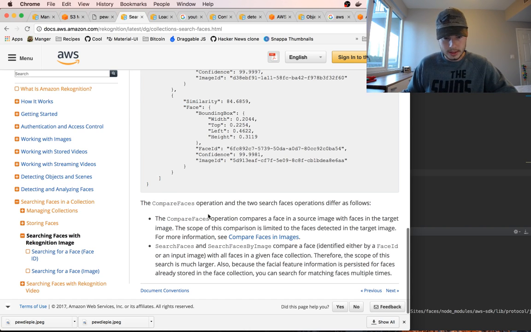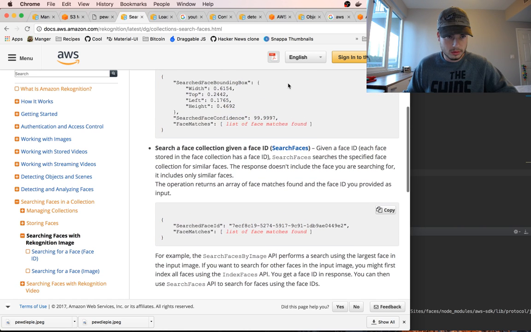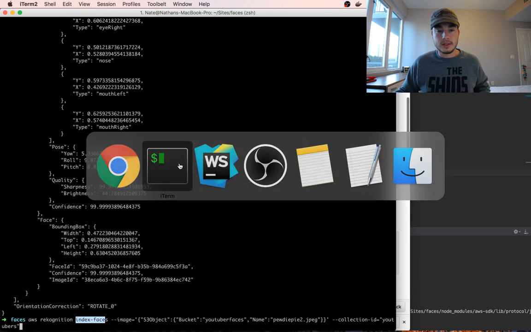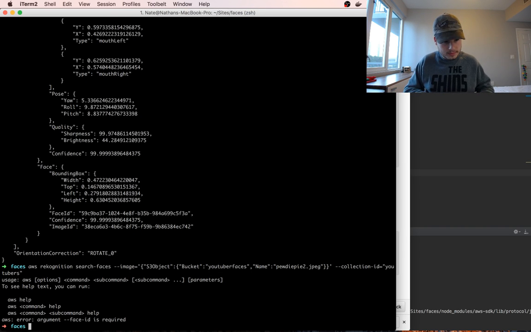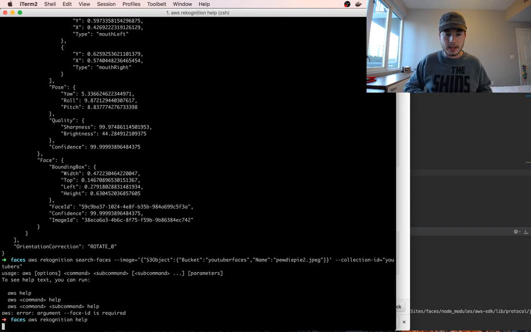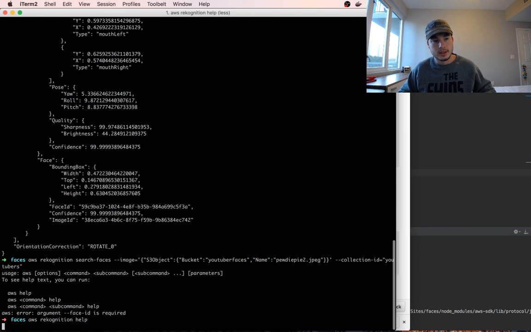Has two face operations. Let's see. Okay, so I guess let's take a look. What happens if we do, I need to figure out what that command looks like. So I'm in the command line interface. We are going to do this all in Node at some point in this video or video series. But right now I just want to get a proof of concept working. So it is the search faces command,